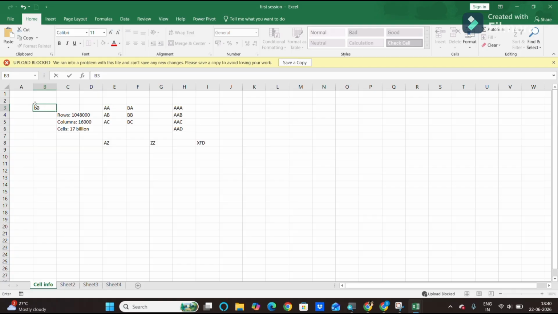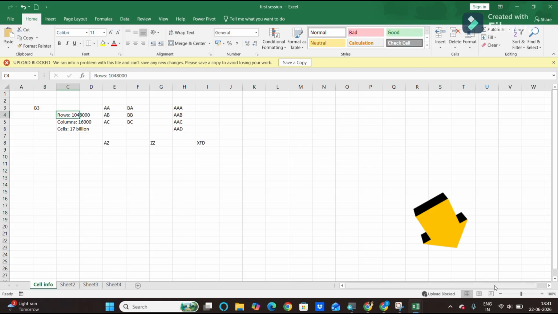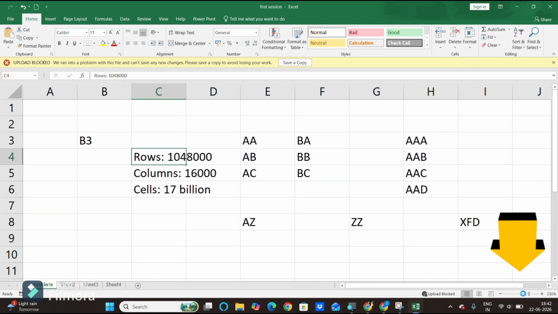And as you can see, this cell address only is being displayed in your Name Box. In later classes, we will also learn how to give your own name for a particular cell. So in the Name Box, that time instead of the cell address, that particular name will be written here. And also if you see in the formula bar, you can see I have nowhere used any formula. So it is showing only the type of data that I have inside my selected cell instead of any formula. And if you go to the bottom right corner, you have three options for how you can view your sheet in different ways, and you also have the option of zooming in and zooming out your worksheet.